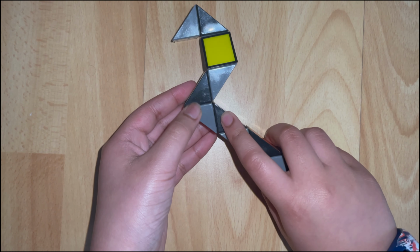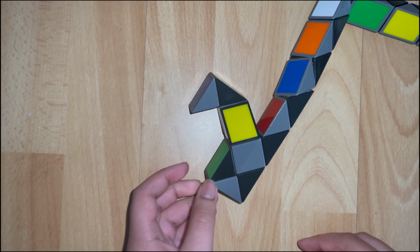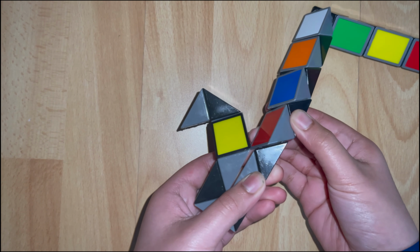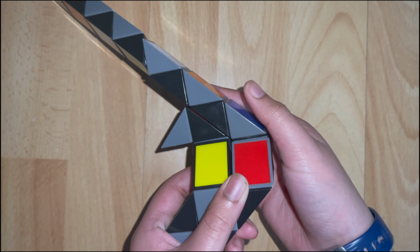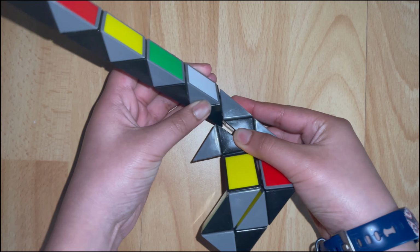And then count one block and turn it twice. And then turn this block twice, no, turn this block down. And then turn this block to the left. And then turn this block 2 times,